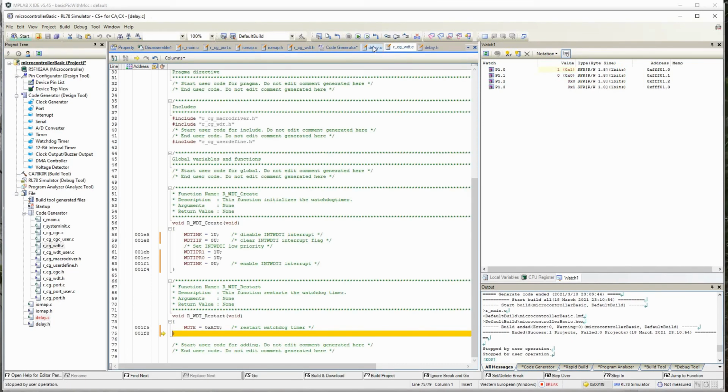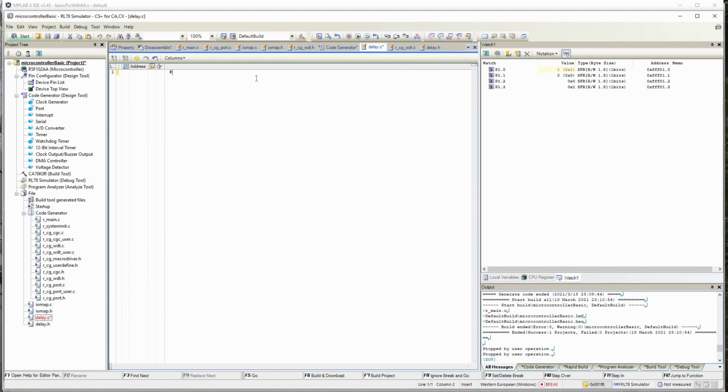So let me stop the code first. Hash if not defined delay underscore h, end if, and in delay.c I will include delay.h.